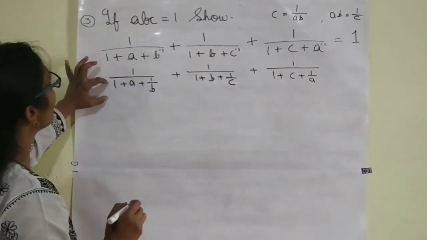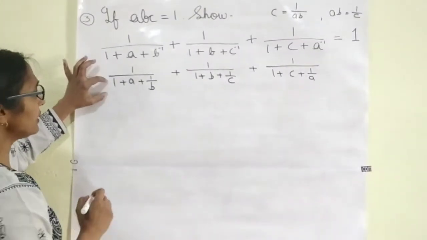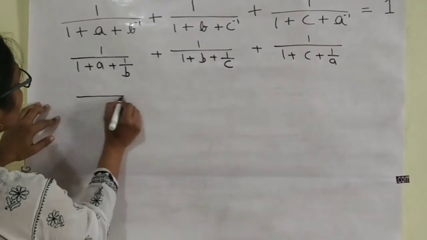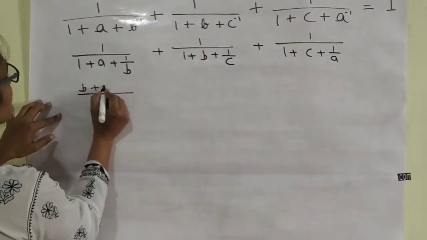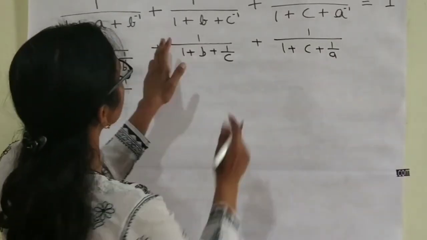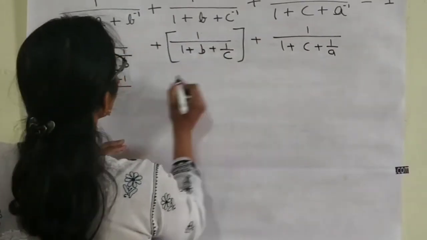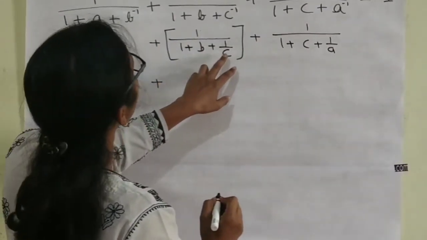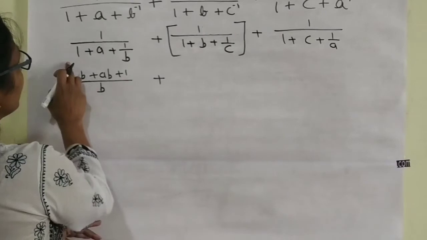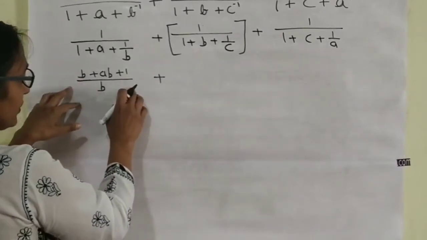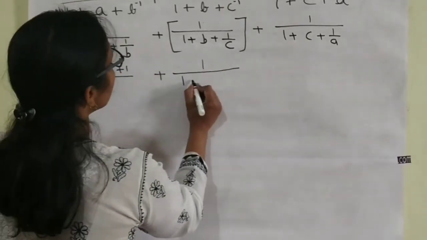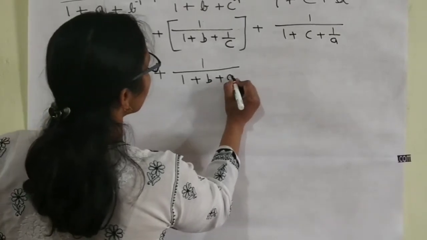Now we will solve only the denominator. I am solving here only the denominator. The numerator is here, I am not writing the numerator. B plus ab plus 1. Now in this equation, only in this, I am writing the value of c. Look here, it is the denominator only. I have done it differently here. I am solving the denominator here, but in this place I am putting only the value of 1 upon c, means 1 plus b plus ab.